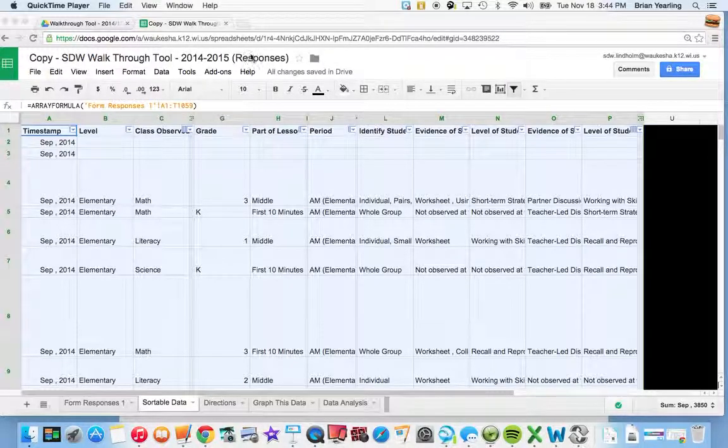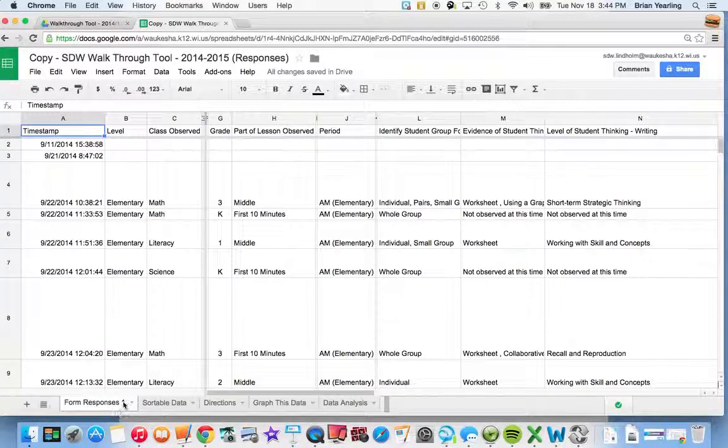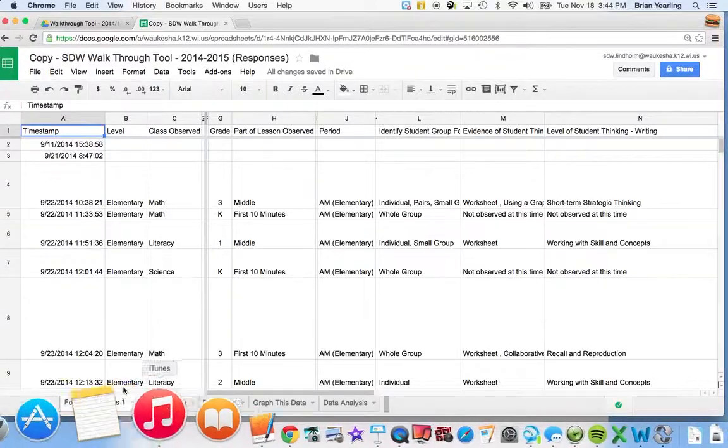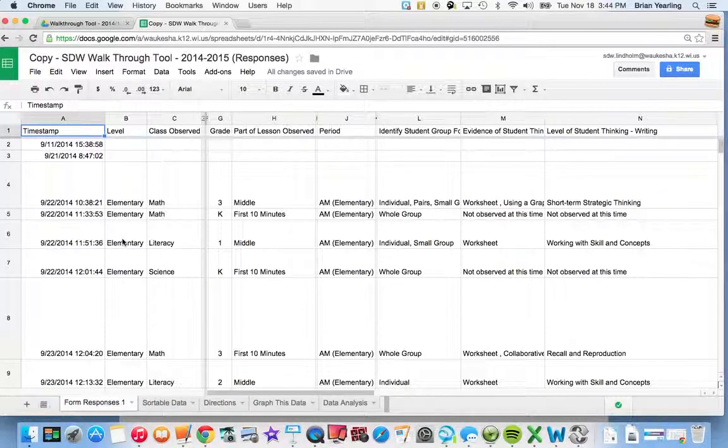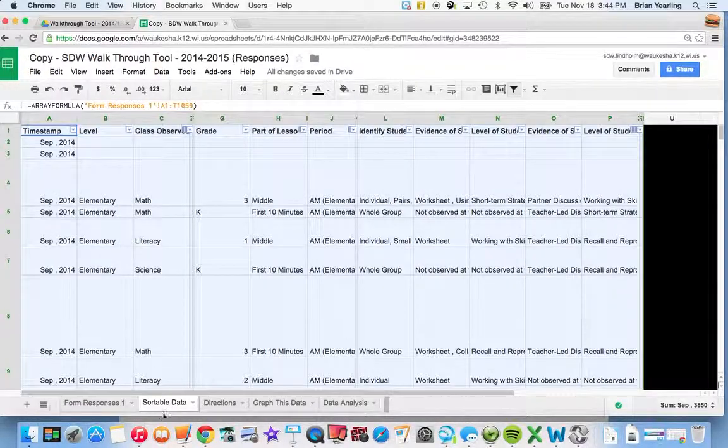You'll note here that I'm working in a Google Sheets SDW walkthrough tool 2014-15 responses. That's where your data is collecting. So this is where the data comes from your walkthroughs. You'll notice that we have form responses 1 here. Every walkthrough tool has that. All of the response sheets have that. Again, I encourage you, please do not move, change, or edit this data at all, as it will break your walkthrough tool. Everybody also has a sortable data tab,